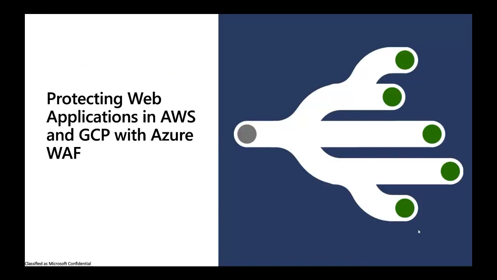All right. Okay, so what we have decided to do today is to show how we can deploy an application in another cloud, and in this case we have GCP and AWS. That's Amazon Web Services and Google Cloud. So we're going to be putting the applications in those clouds, and then we will use our WAF to do a test. So basically we deploy first, and then we make sure that we are able to publish those applications